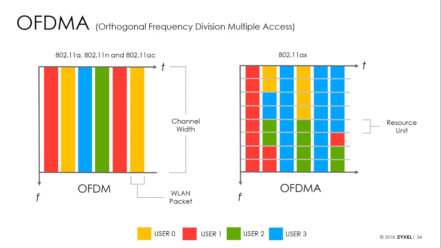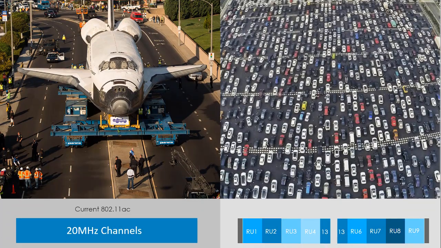With OFDMA in 802.11ax, the channels are broken down even more into smaller channels, which can be as small as 2 megahertz in width. The resource units are then scheduled by the access point and can be formatted on a per transmit opportunity basis for downlink and uplink. This can also be combined with uplink and downlink multi-user MIMO to gain even more efficiency out of the existing channels that we already use today. Ultimately, this gives us much more dynamic control over the frequency, allowing us to serve clients much more efficiently based on the application needs, rather than just allocating a full width of a channel, which is not always used.